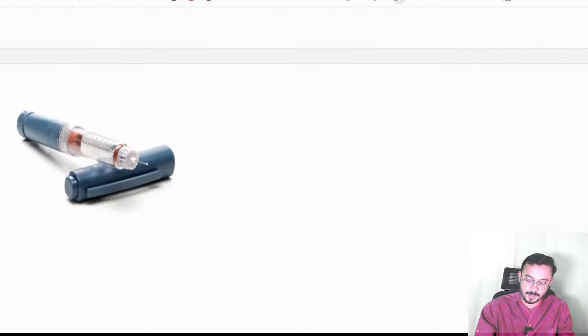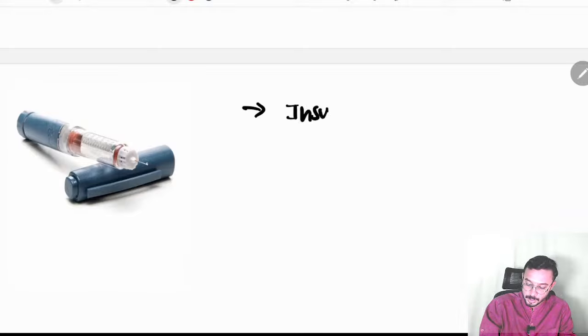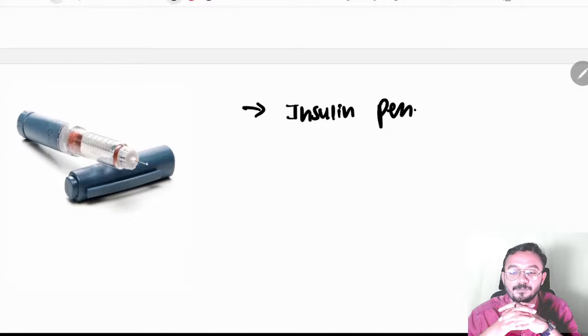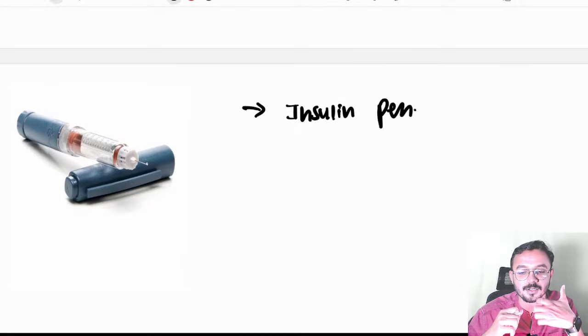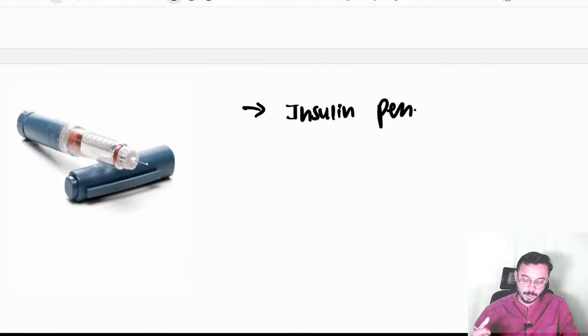And what is this? This is an insulin pen. Okay, so this is used in the pediatric group, right? Suppose imagine in a type 1 diabetes mellitus patient, the kid has diabetes and you are going to give insulin, he should be taking this insulin continuously, no? The mother will send his dose to the school, so he can self administer this. Okay, so this is about the insulin pen.